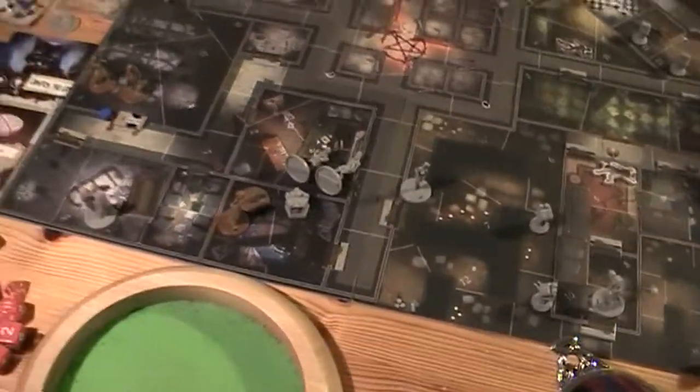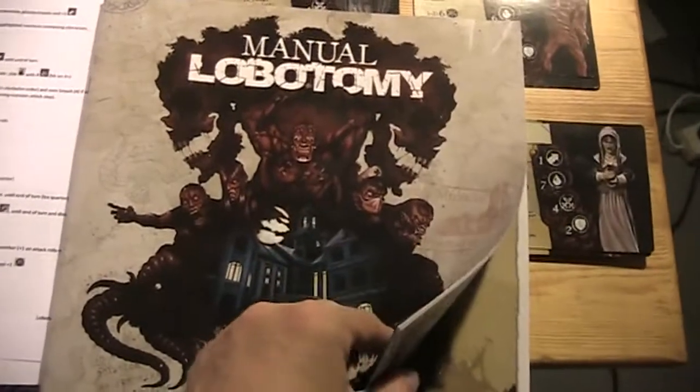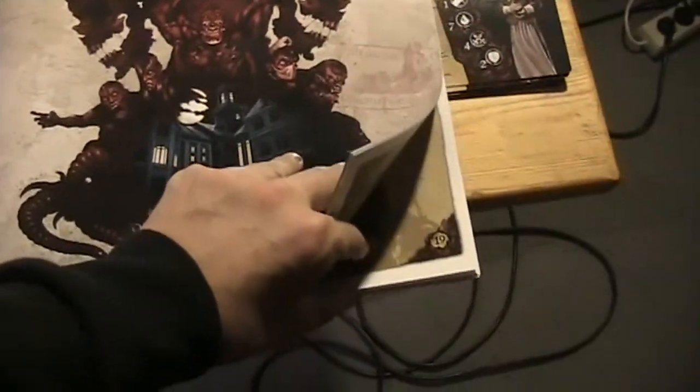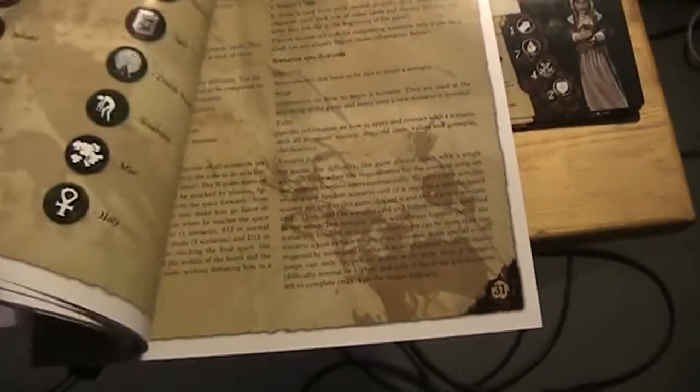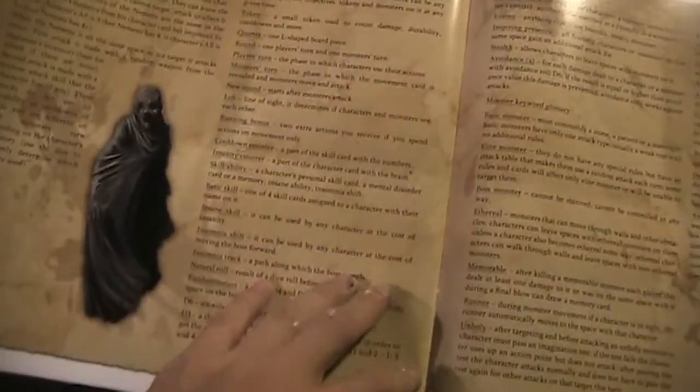So then it's the monsters again. Okay, again, this is really a problem with this game. It's a pretty big rulebook. You got about 30 pages of rules or something. They give you a glossary here, which is by no means complete. The funny part is that the glossary is not in alphabetical order. It seems completely randomly thrown in there. Okay, you got the monster keywords here and some other keywords here, but